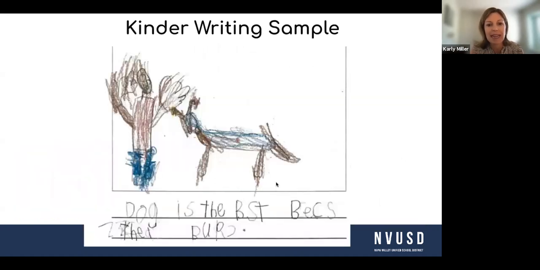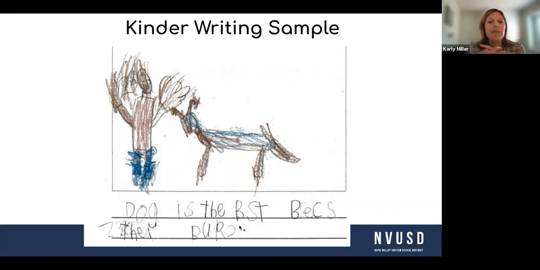All right, this is a kindergarten writing sample. Just wanted to show you a little bit of what this looks like. So you can see this is common, and we're going to talk about the picture in a second. The picture is a big part of what we do to get our ideation going, our brains going on ideas. So this is what this writing sample says. Dog is best because they, I forget what this is. See, you can even, they,